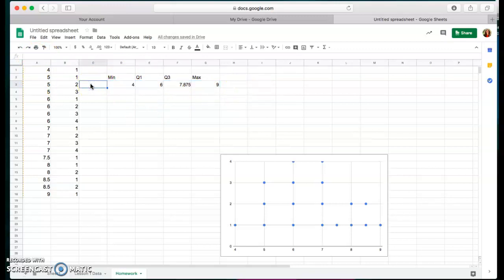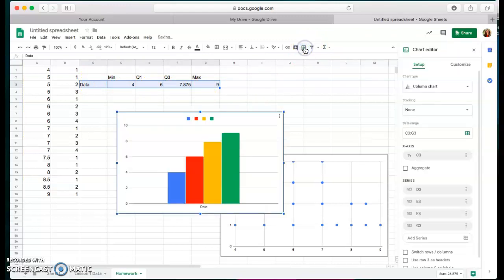And then the box plot wants you to have a fifth column. So I just title this one here in C in front of all of this. I just called it data. And now I'm going to highlight this row across that has data and then my min, Q1, Q3, and max